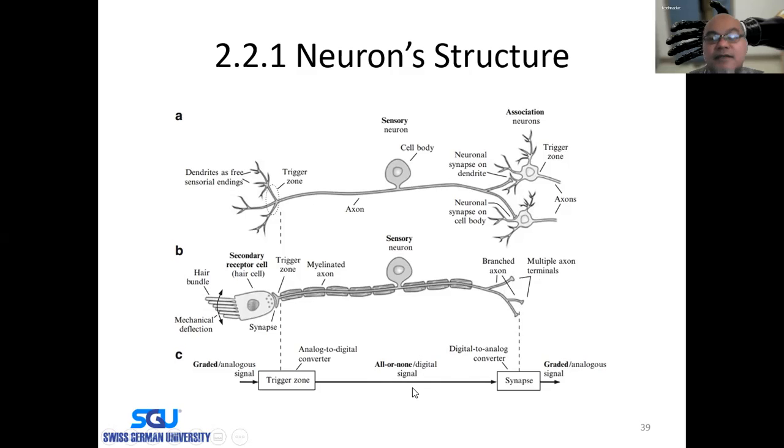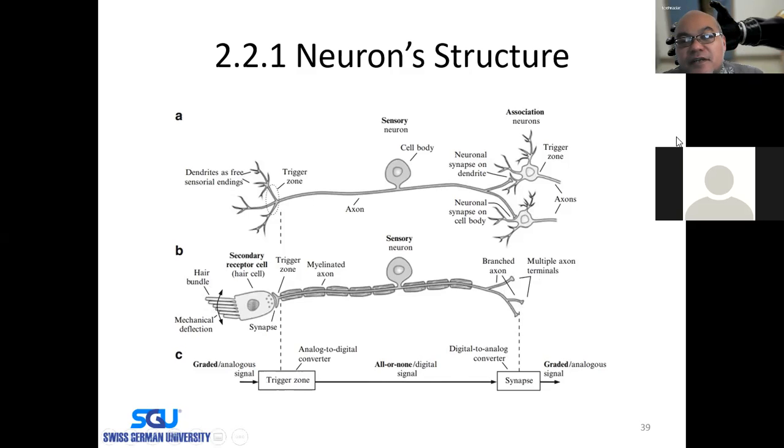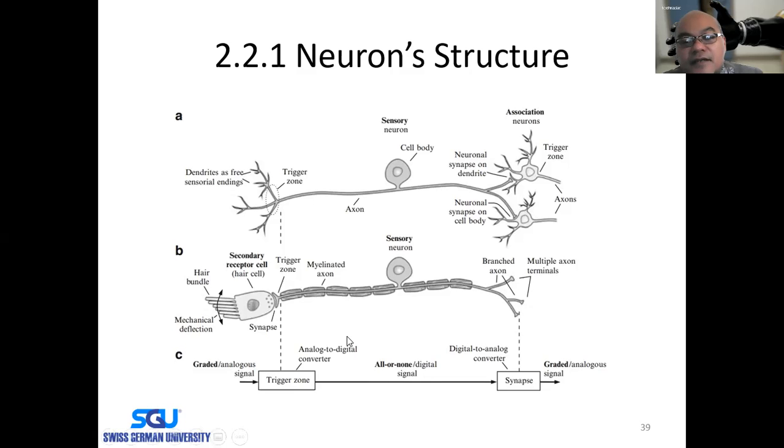So if we model them like biomedical and artificial biomedical instrumentation, then the signal coming from the synapse into the dendrites can be modeled as a graded or analog signal. It goes to the trigger zone, which will act as an analog to digital converter. Remember in the introduction to biomedical engineering about ADC, analog to digital converter. Then it will create either 1 or 0, an all or none signal, so a digital signal